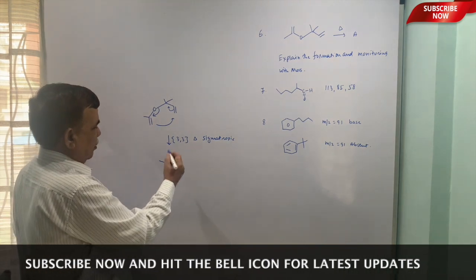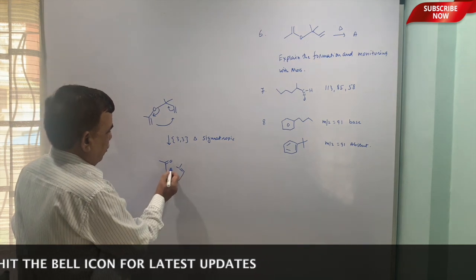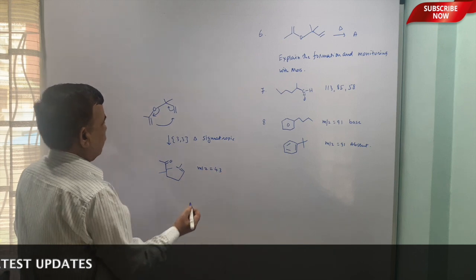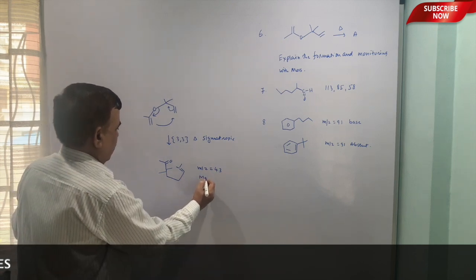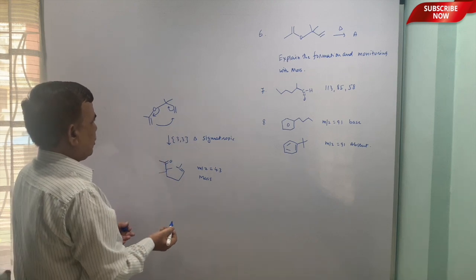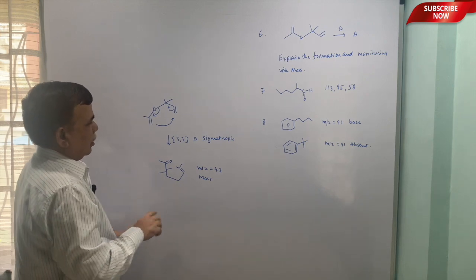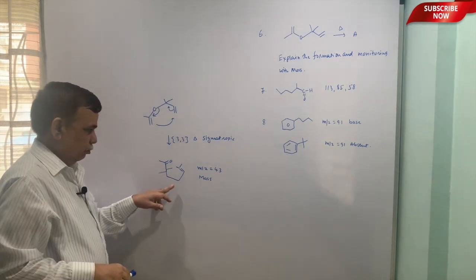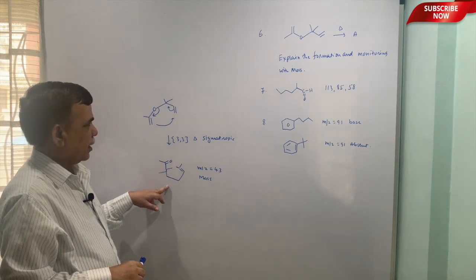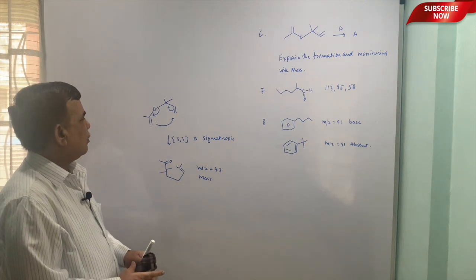So, this is your sigmatropic Claisen, you can say. Now, this compound will give m/z at 43. That is peculiar of this compound according to mass. The first compound, it cannot give this peak. So, 43 is a characteristic of this compound, and you can always monitor that. This acylium ion formation is a characteristic here. Now, here there is no ketone, so no question of 43. 43 won't be there.